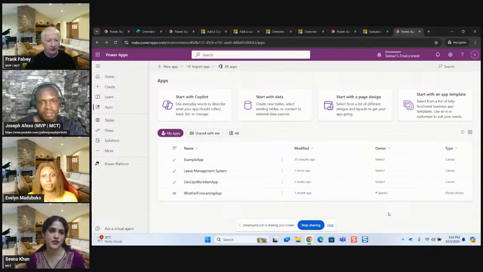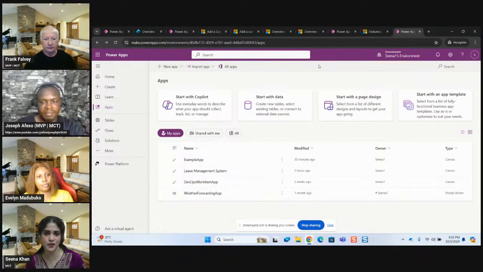Today I am going to demonstrate, by creating a Power App, how to incorporate a custom Copilot in any Canvas app. I am going through the steps, and because my system is a bit slow, let me create it first. In the previous demonstrations, I already explained in which way we can create a Canvas